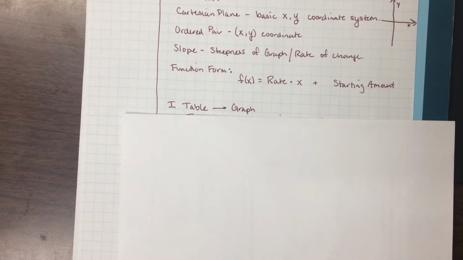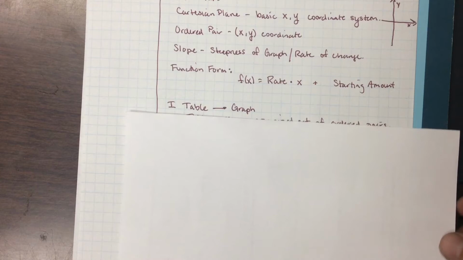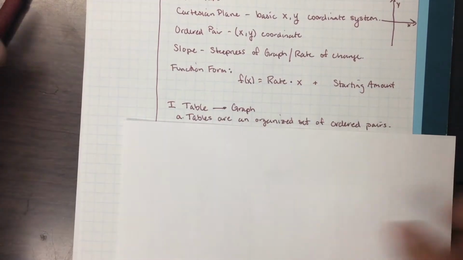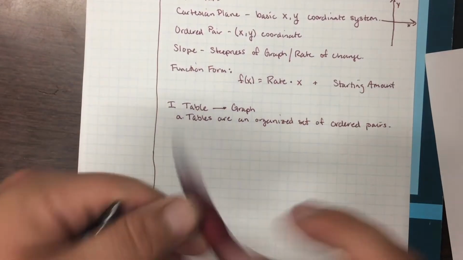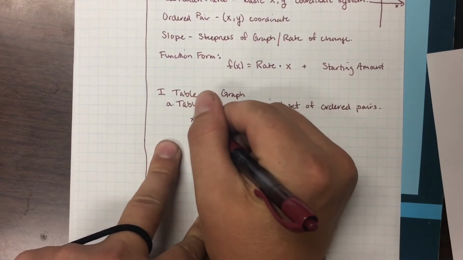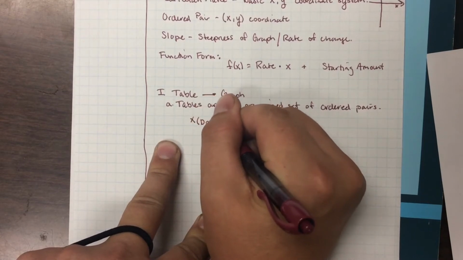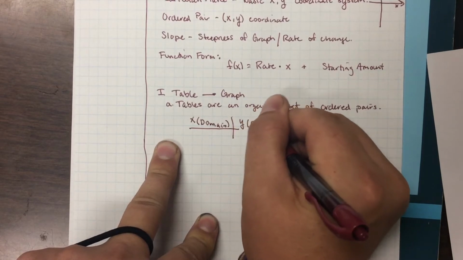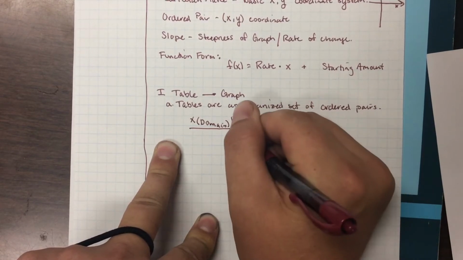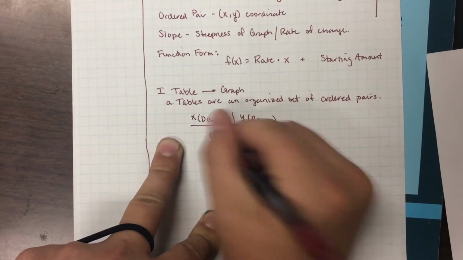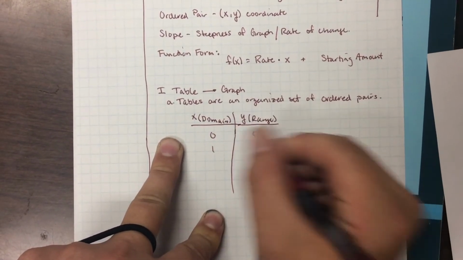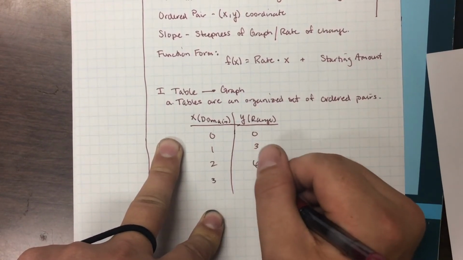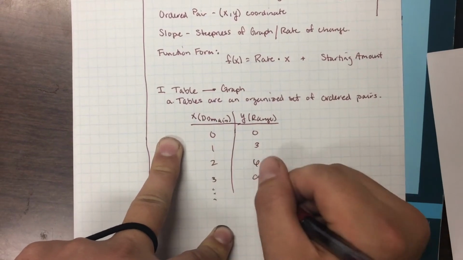Our first Roman numeral is Roman numeral 1, and we're looking for the relationship between a table and a graph. What's going on here is that tables are just organized sets of ordered pairs. So you've seen me building tables in class where I write x, also known as our domain or our inputs, and then y, which is our range or our outputs. And if we have something like 0, 0, 1, 3, 2, 6, 3, 9, and so on and so forth,